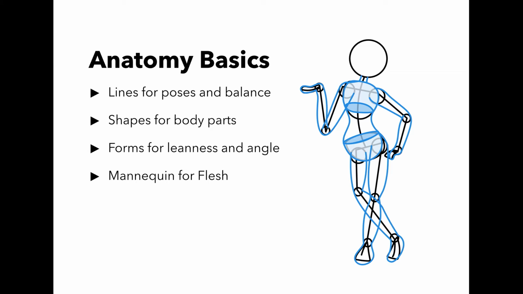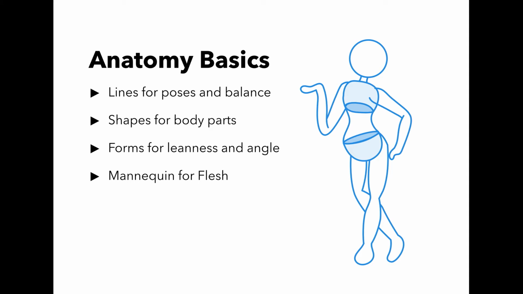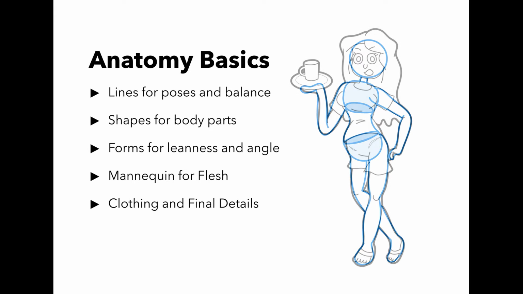Mannequin for flesh. We are no longer working with simple lines, shapes, or forms. Now we are connecting lines from each joint. The joints are the width of the flesh. And notice that the lines are not straight. They are curved. In the figure's left leg, the width gets larger from one joint and then gets smaller to the next joint. and the feet and arms are now more rounded. We can now erase the parts that are no longer needed to get a simplified body. Clothing and final details. With the anatomy drawn and angles revealed, we can now put clothes and other details on